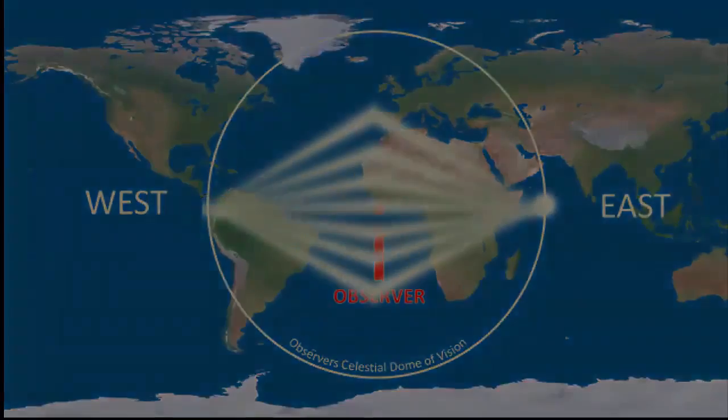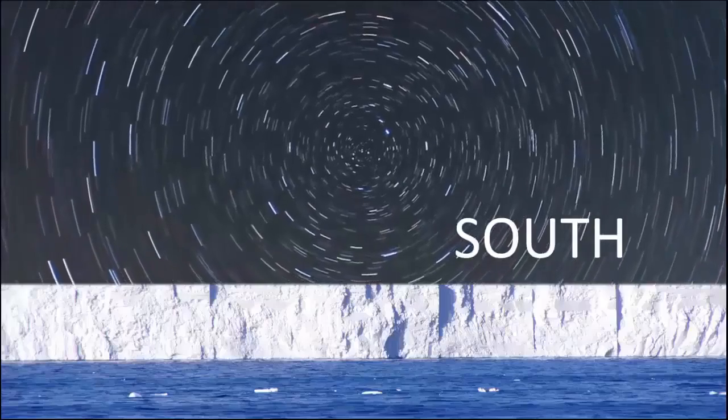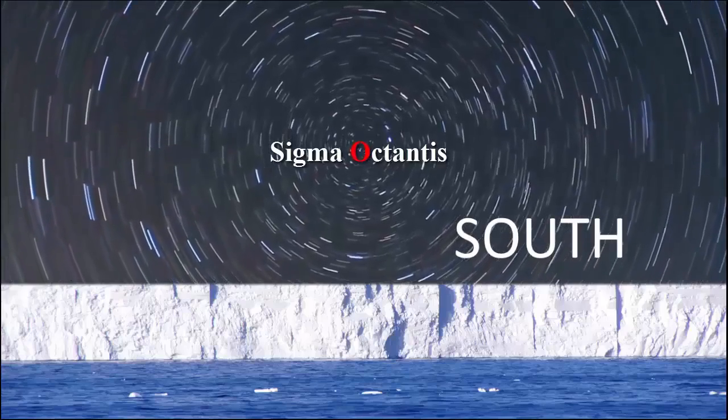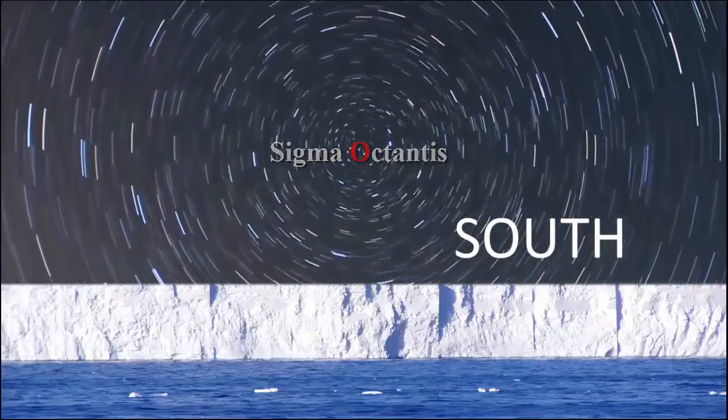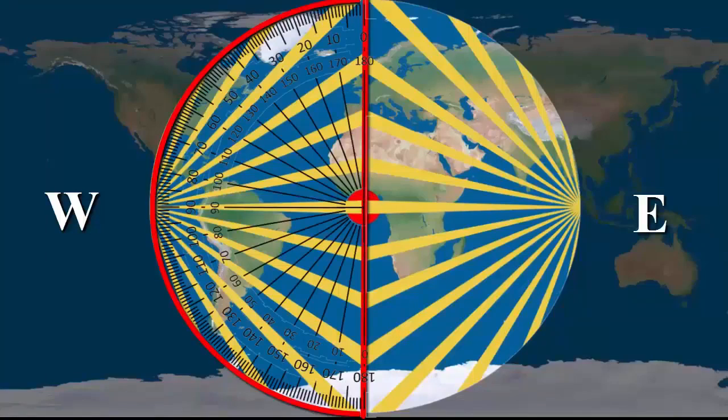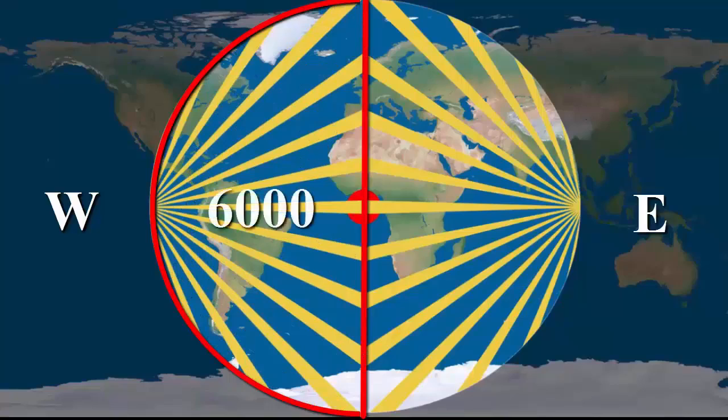And I'm going to be tying this into the stars and explain why Sigma Octantis can appear to not move in the sky during the night. So all objects on your anti-crepuscular hemisphere, if you will, that's what I'll call this, 180-degree view, at 6,000 miles away from you, will be at that point of convergence.